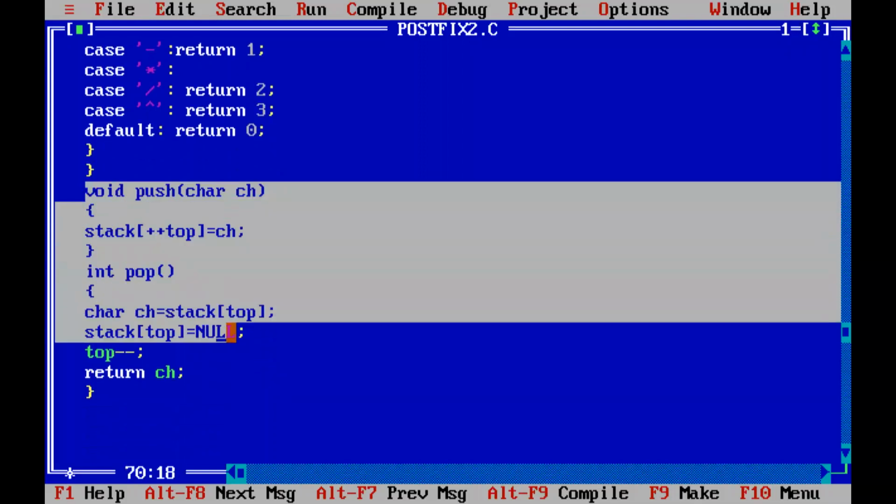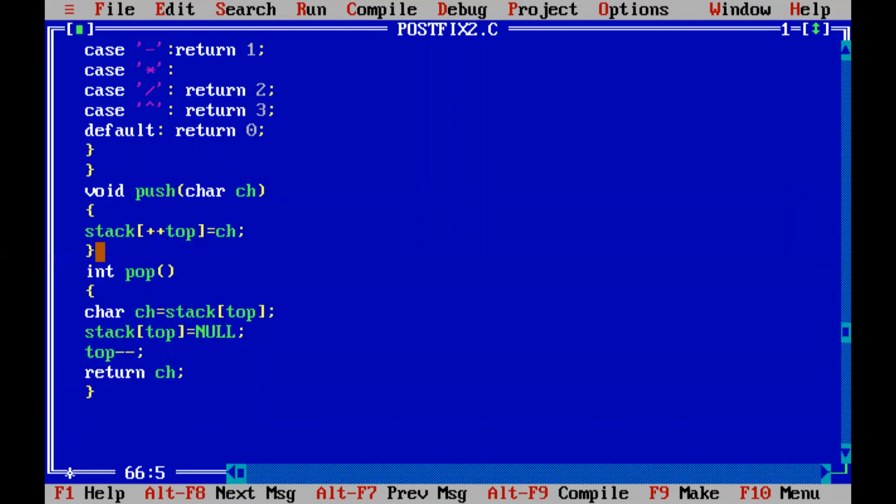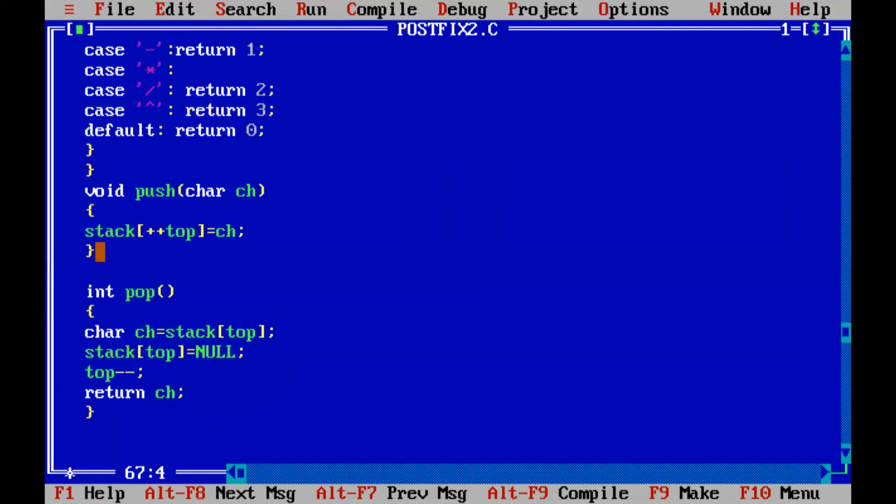You know what is pushing into the stack and popping from the stack? We had executed one program also, right? We were checking whether the stack is full. Stack implementation can be done either using an array or using a linked list, right? Last week we had executed a program for pushing and popping an item into the stack. So in the pushing operation, what we are supposed to do is increment the top variable. What is top variable? Top is an integer variable which will be pointing to the index number of the topmost element in the stack, right?